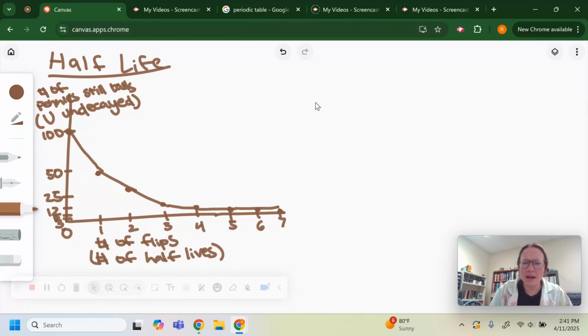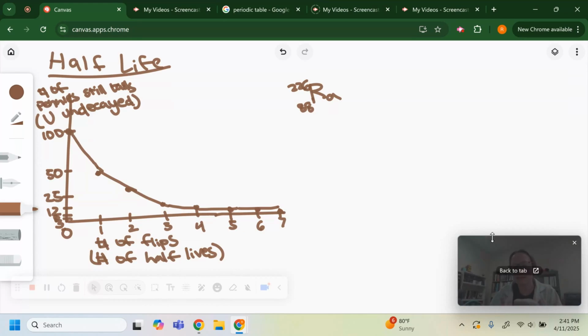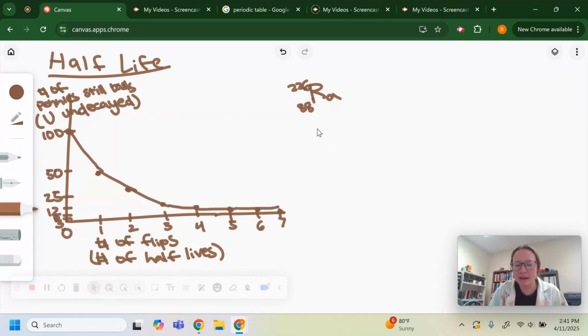Hey, go ahead and try this practice problem. Suppose that I had some radium. Let's say that I had some radium-226. That's the most common isotope of radium, and its atomic number is 88. Suppose I had 8 grams of radium in my hand, which would be very unwise, but suppose that I did it. The initial amount that I start with